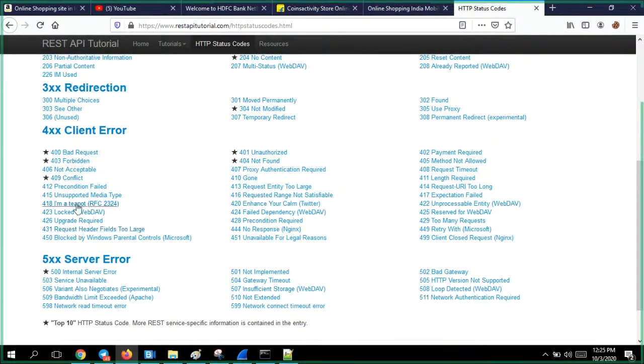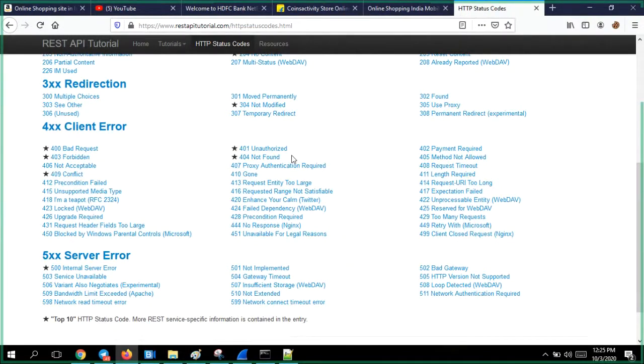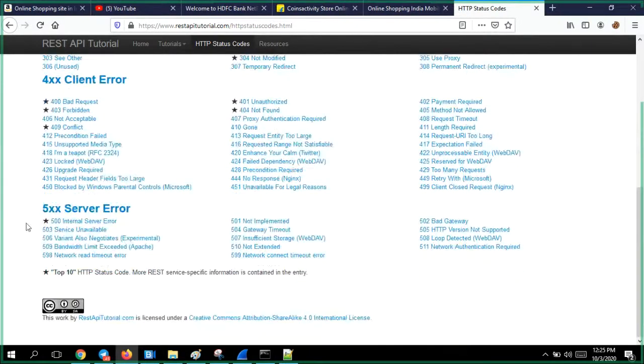So remember 404, 401, 400, 403. These are the important ones. That's enough. Then the server side, only one 5xx we will say, like an internal server issue. Server is having some issue. You asked for, say, the google.com web page, but the server is not responding. The request went to the server, and you will get some response back.